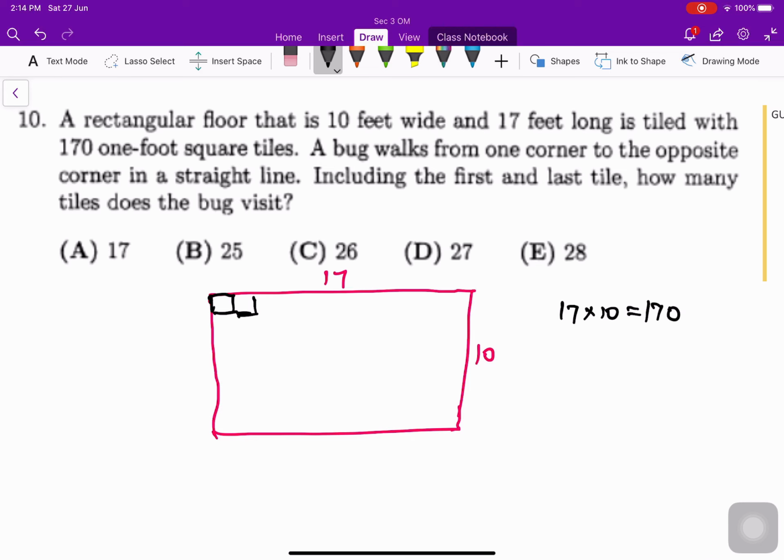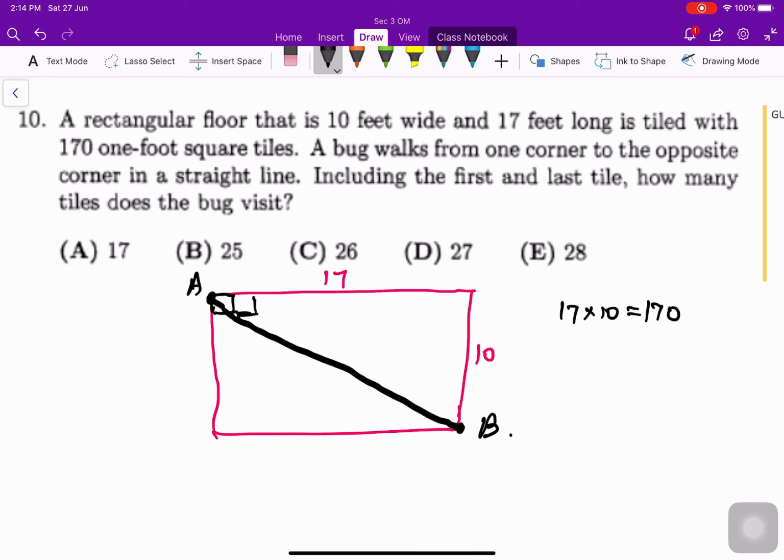Okay, and let's say the bug starts from here. The bug starts from A and goes all the way to B. Therefore, can you see that the bug will go all the way like this, right? Like this. And I think the important idea here is that,